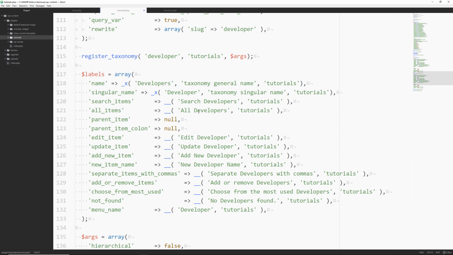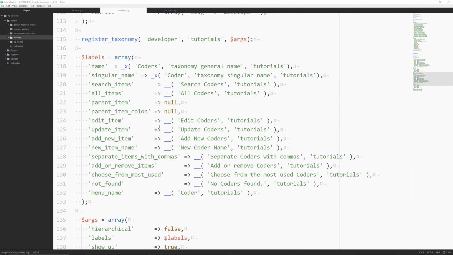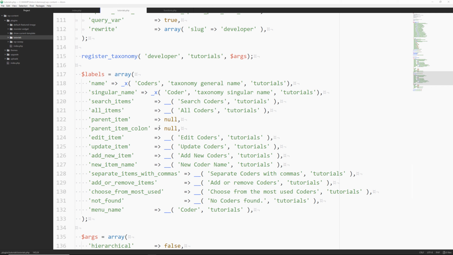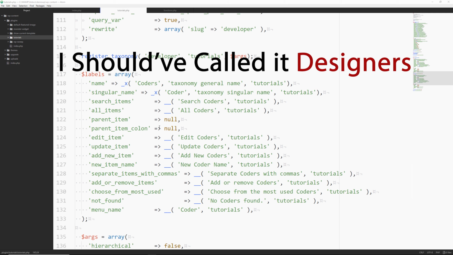I'm going to pause the video, change all this up to something different, and then I'll show you how it looks. All right, so let's say for some reason you want to use both names, coders and developers. But in this one, we're going to just call it coders. This is just for demonstration purposes. So obviously you'll probably choose a different naming convention, but just for simplification, I just wanted to show you this.